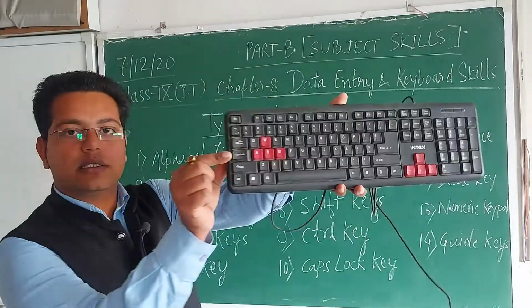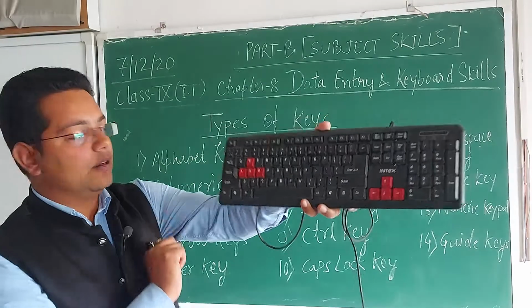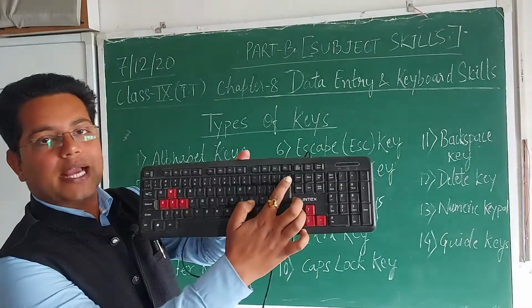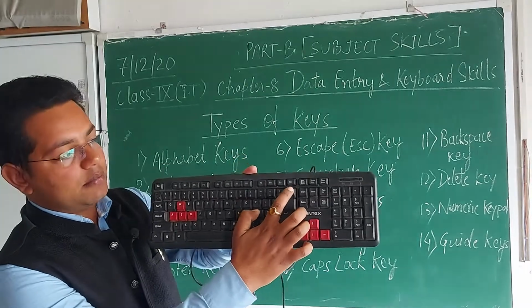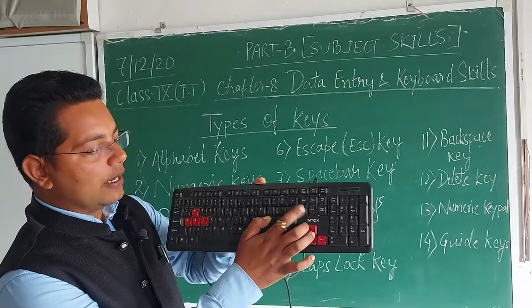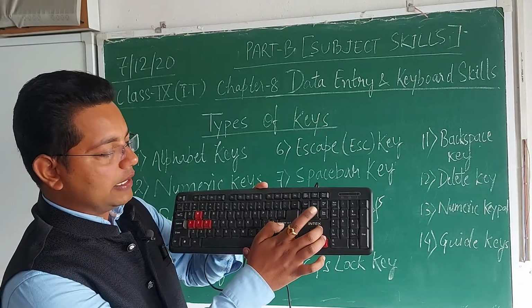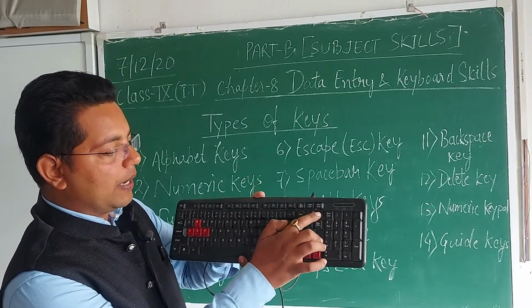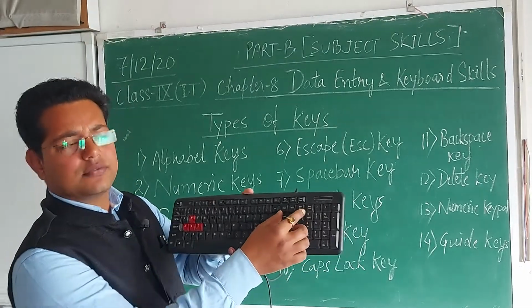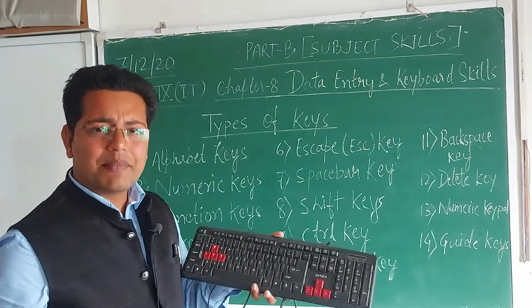You can see clearly this is caps lock key. Okay. After that, backspace key. This is called backspace. This one, this button, backspace. After that, delete key. Delete key is here and different, all the keys are also here. See, end key, page down, page up, home, insert. We will learn these things when you will come for the practical classes.